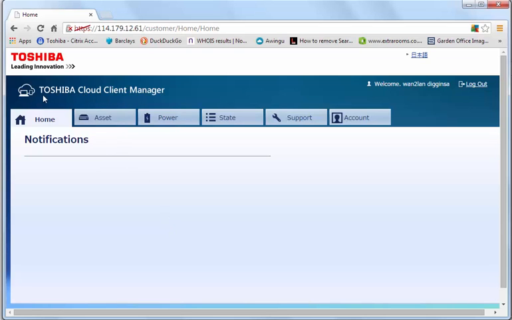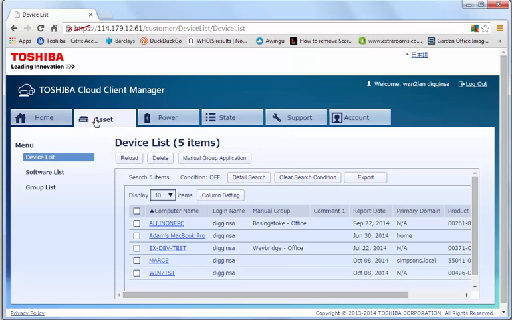Okay, so asset inventory. If I go to my asset tab within Toshiba Cloud Client Manager, click on, and you can see all the devices that are reporting into Toshiba Cloud Client Manager. So what I can do is pick on one of these devices. This device I've added in recently. So if I click on that device,